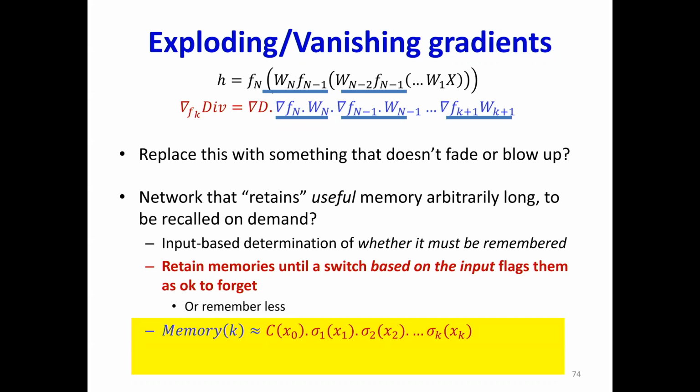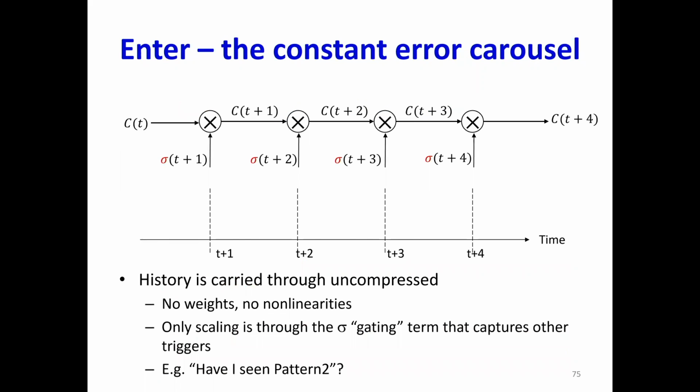And so you want to remember something, and keep it in memory till I get some trigger which says this is no longer relevant, I can close it. For every single item that must be remembered, you want a behavior where every subsequent input is analyzed, and depending on whether you found the trigger or not, you either continue to hold it in memory or get rid of it. So the memory now becomes dependent only on the inputs and what is already in memory, and not on any arbitrary weights or activations. So we want a mechanism of this kind.